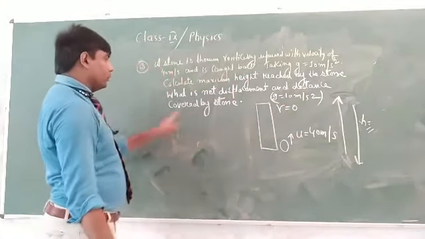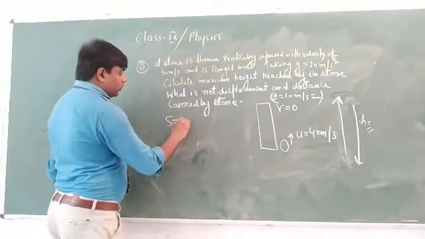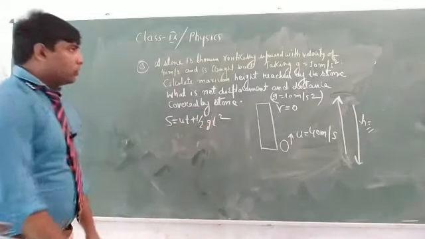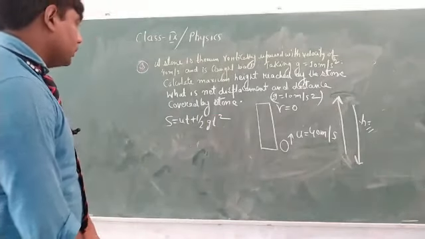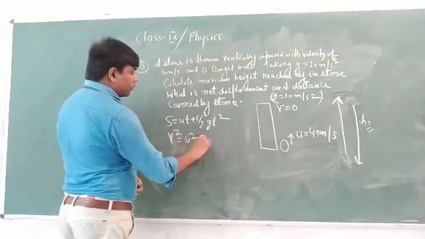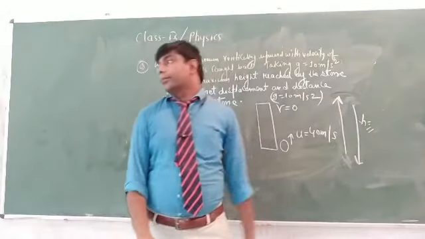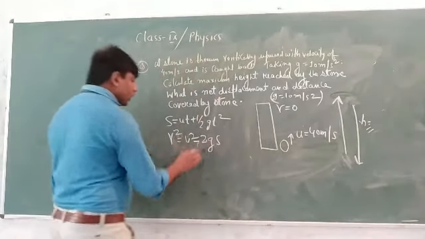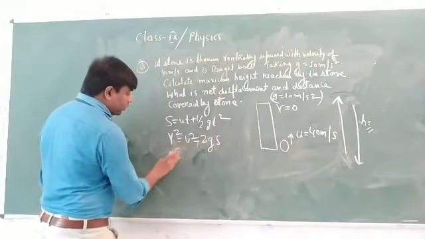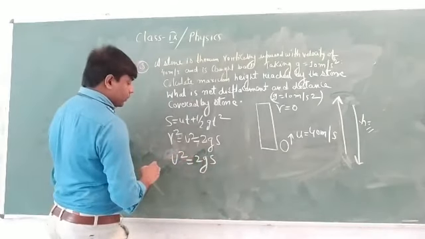We have to calculate first what is the net displacement, what is the height. So s equal to ut plus half gt square. Is time given here? No, time is not given. So we go by v square is equal to u square minus twice gs. Why? Because in upward direction g is negative, right? So here v equal to 0, so u square is equal to twice gs, right?